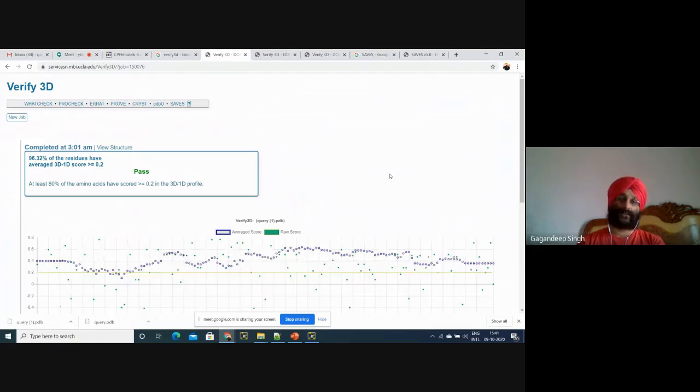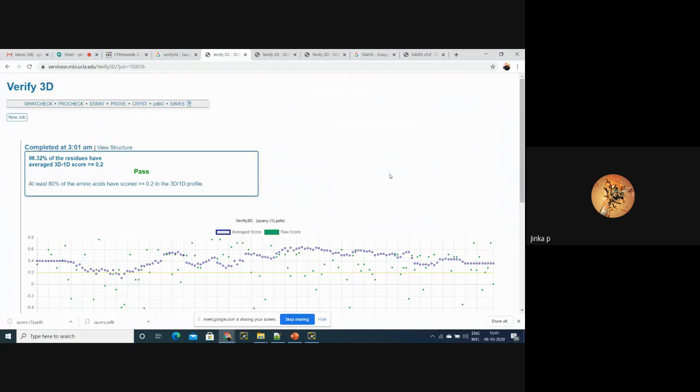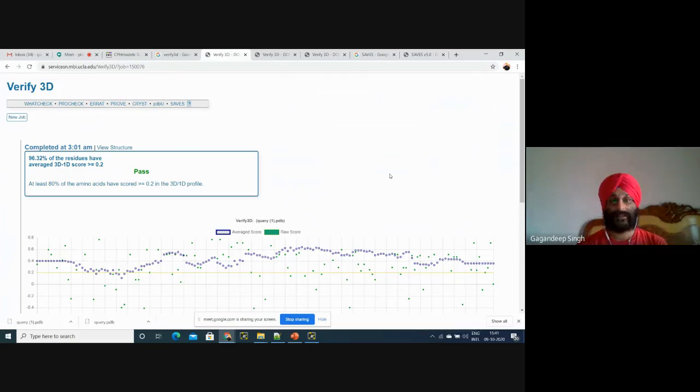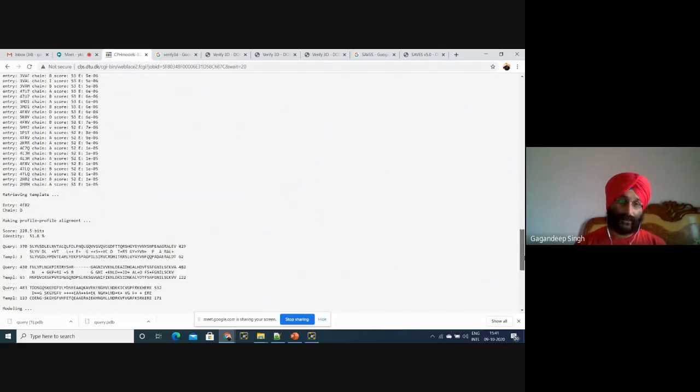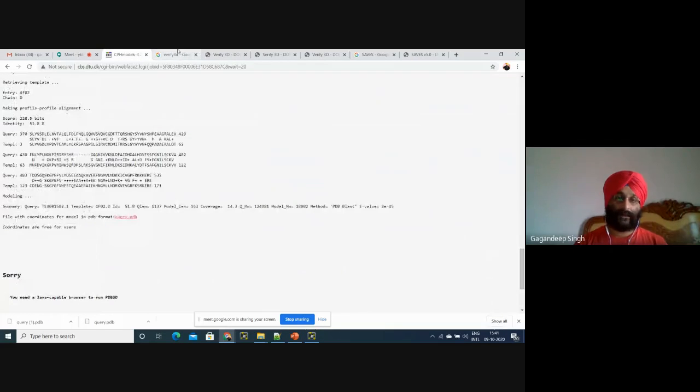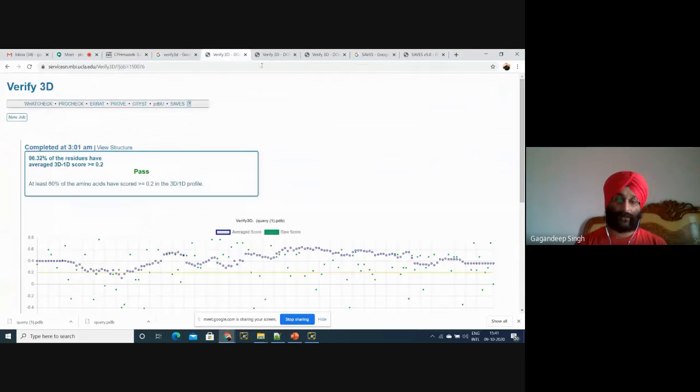Now see this structure. Is this visible? Yeah. Yes, see that I have modeled another structure. This is the structure I have modeled, and I have downloaded this structure, and now I put this structure in Verify 3D. Now see, 96.36 means